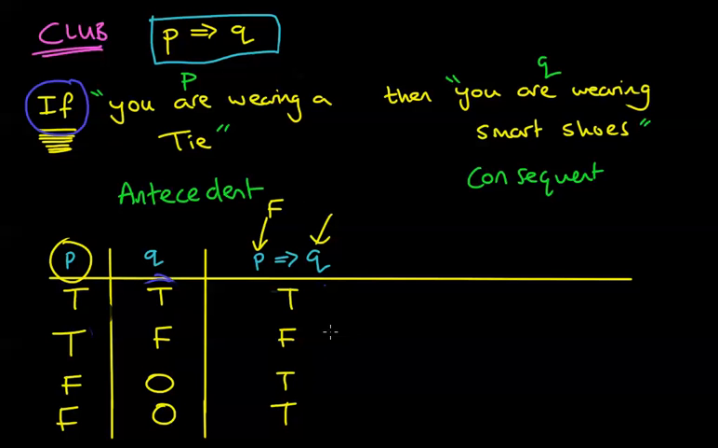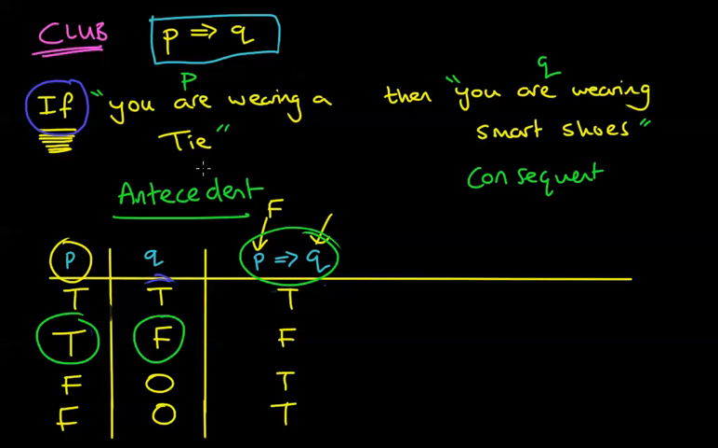The only time this thing is false is if the first thing is true and the second thing is false. So if the antecedent is true and the consequent is false, that's the only time ever when this column is false. Otherwise it's just true. So remember that. Now I'm going to give you one more example without this sort of wording involved,